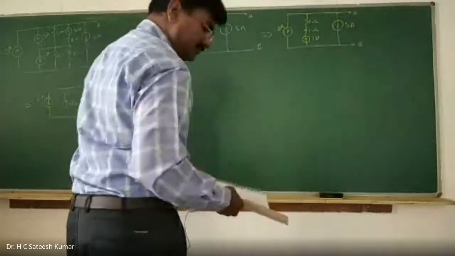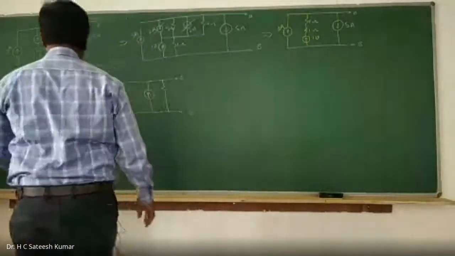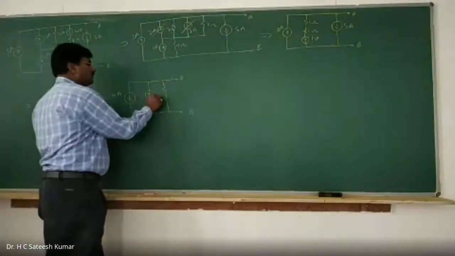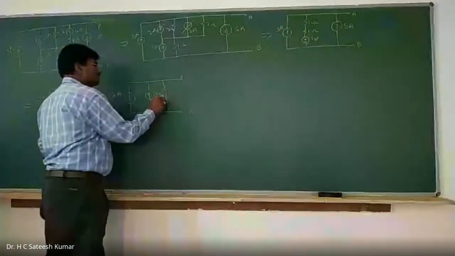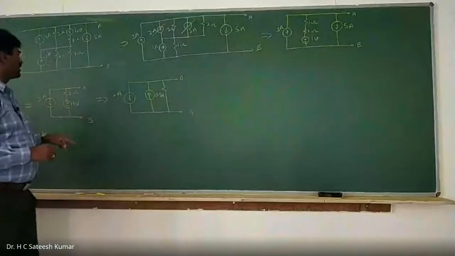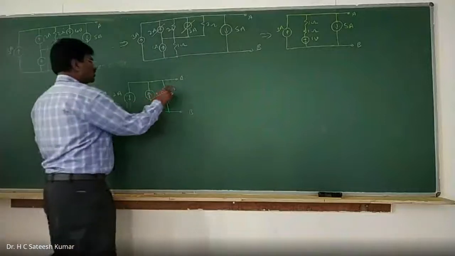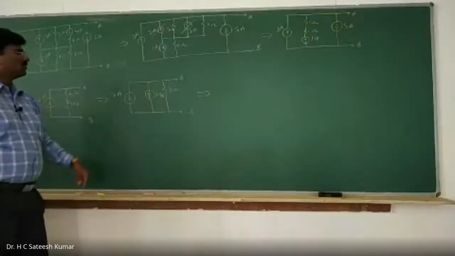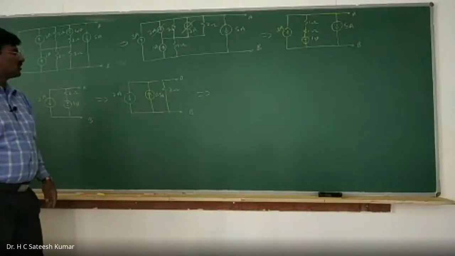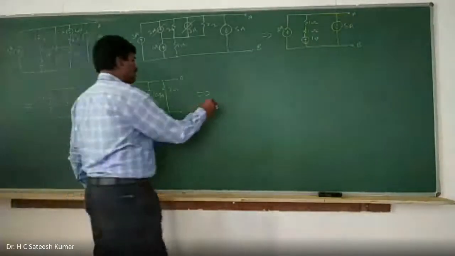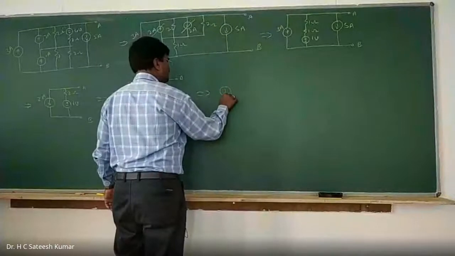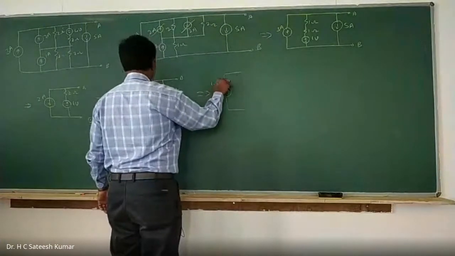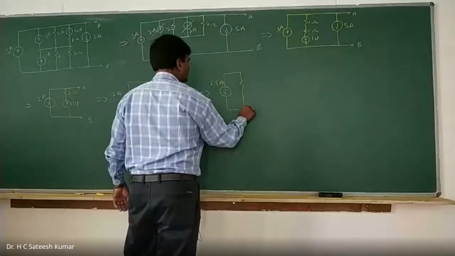Correct. Right. I is equal to V by R. 1 by 2 is 0.5 amps. And then this resistance is 2 ohms. So which can be reduced? 2 down, 1 up. 2 down, 1 up means the bigger one is down. So therefore downwards. The difference is 2 minus 0.5, which is 1.5 amps, in parallel with the resistance.